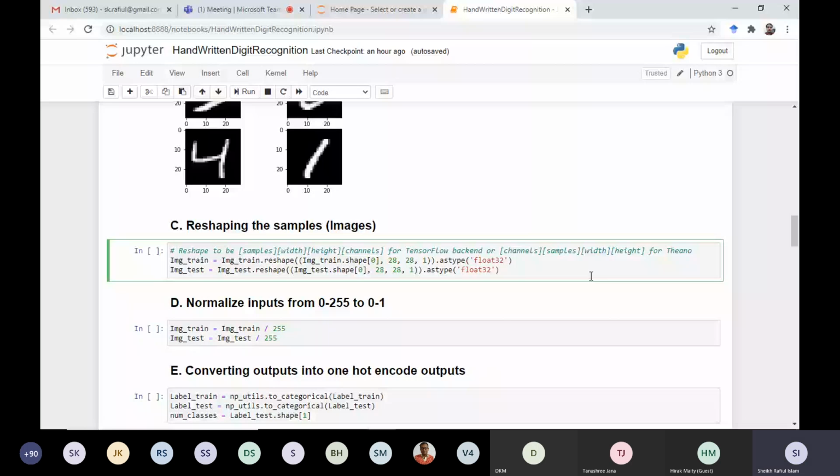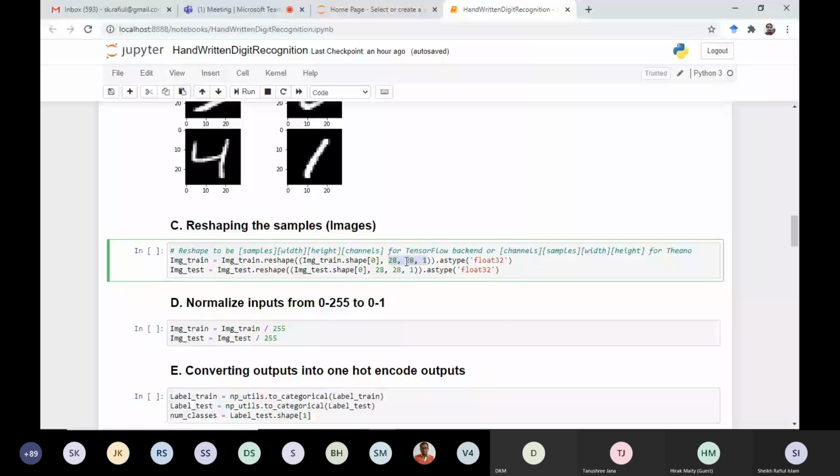One is the number of channels. If you notice, this is nothing but how many images are present in the train folder, that is 60,000. All these images will be reshaped in terms of tensors.